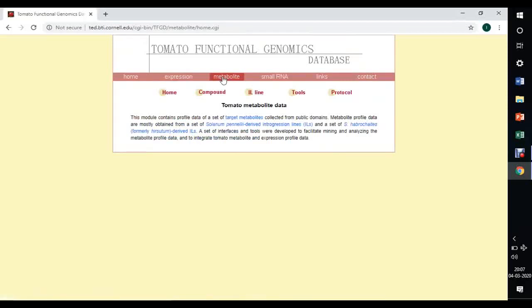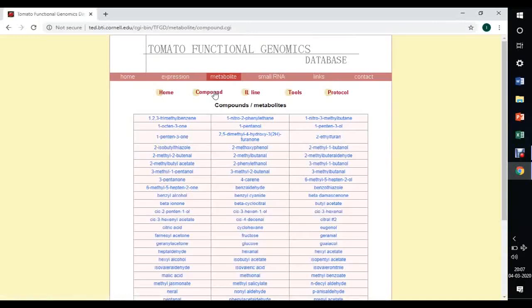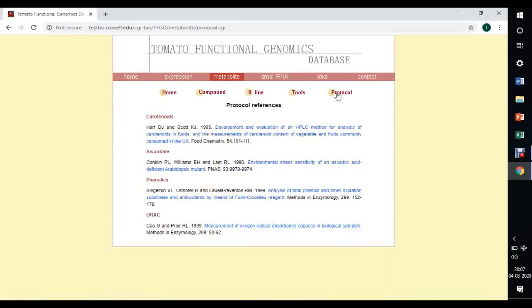Click on metabolite to get details on metabolites. If you click on compound, it lists the compounds present in the tomato, and these are the related protocols to analyze the metabolites.